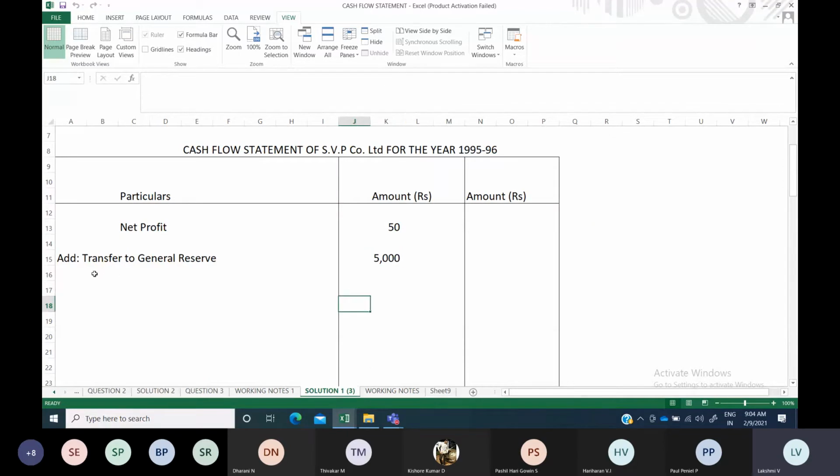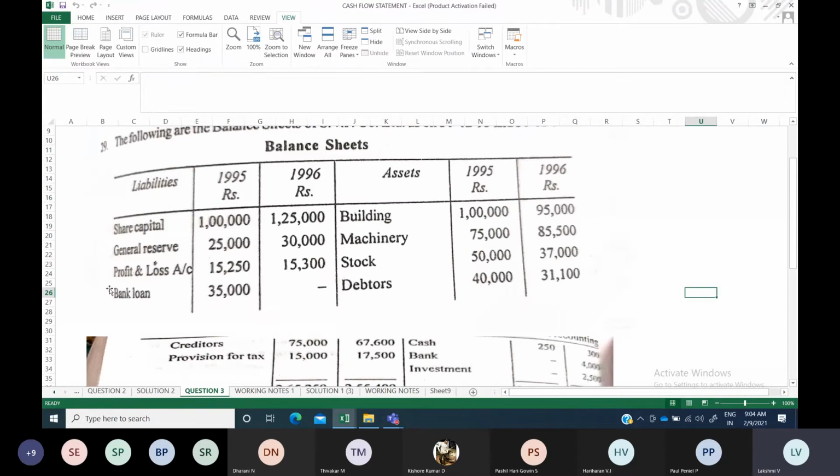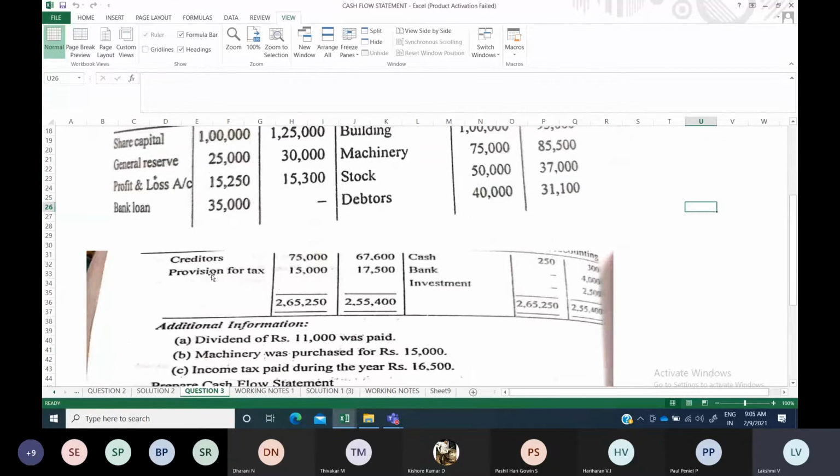And then proposed dividend, if you are providing for that, not interim dividend, proposed dividend. Generally, proposed dividend will be given under the balance sheet liability side. Two dates they will give the amount. So with that, just as we create an account for provision for tax, similarly for proposed dividend also, you will create an account and find out how much you have paid and how much you have created for this year.